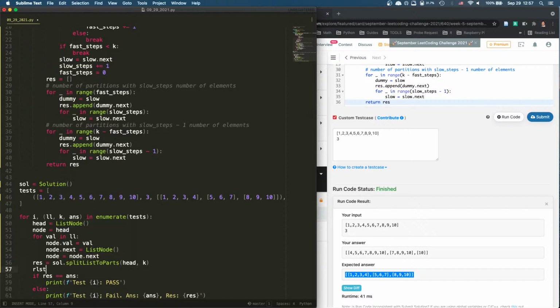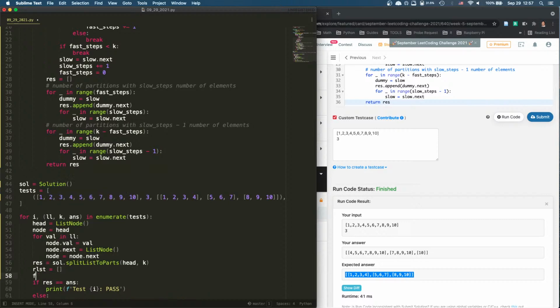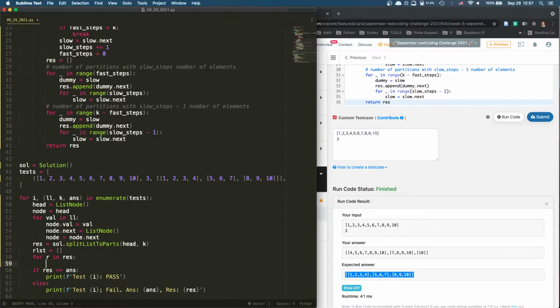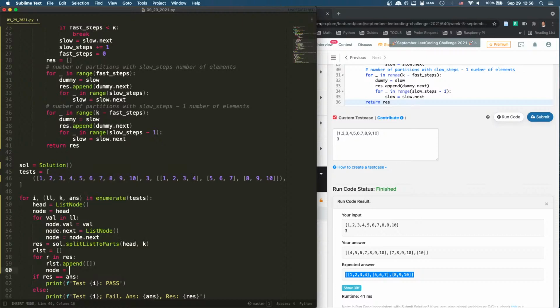For r in res, now let's start to append this, right? And then for r, we're going to say node equals. Oh, r is node. For node in this, and then